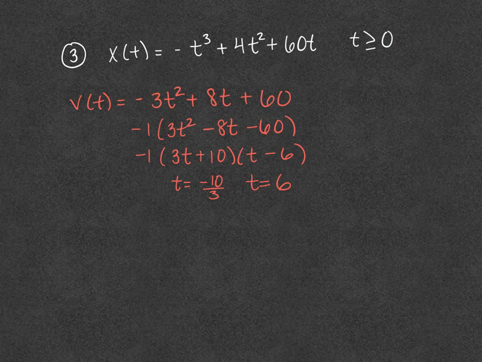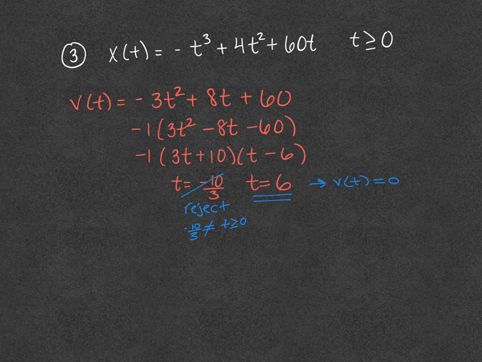So for this particular situation, we need to reject this because negative 10/3 is not in the interval. So this right here, time equals 6, is really the only part where v of t is equal to 0